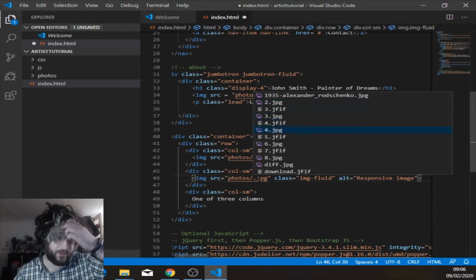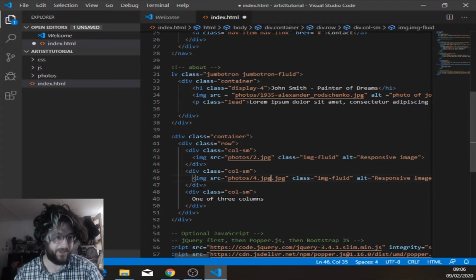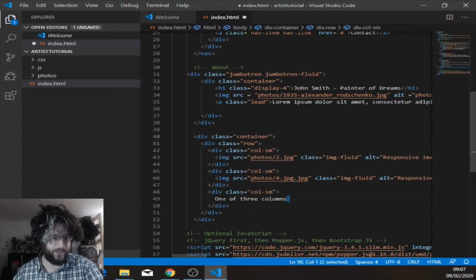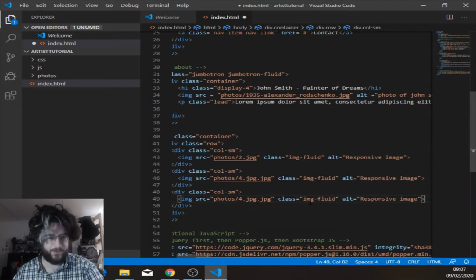photos, and then we want 4, whatever. It doesn't really matter. They don't have to be in order. They're really there as just an example. Not even the same artist, are they? Okay, get this one in there. Okay,